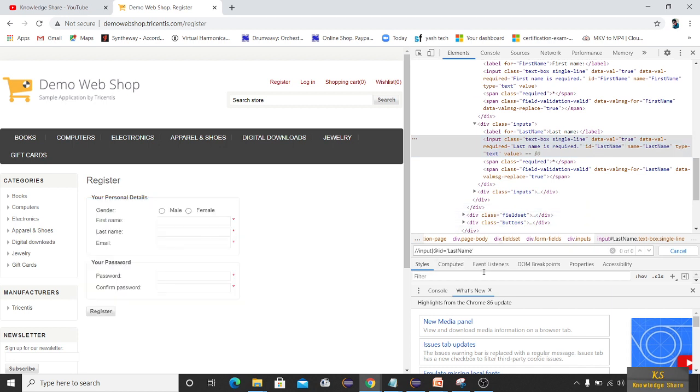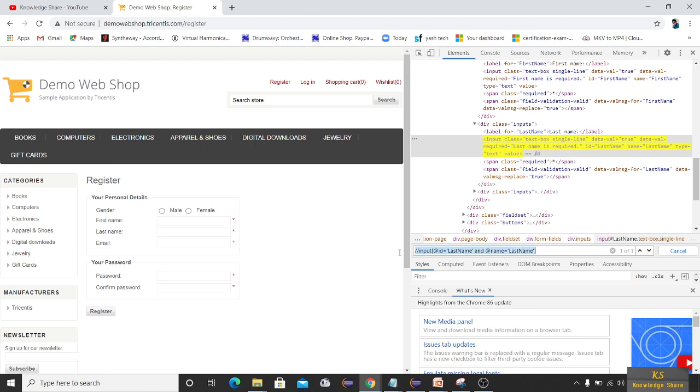For using the AND operator, you can use 'and' in small case, and I am also trying to use name for the safe side. So I will give @name equal to, selecting this last name from the name attribute, and close the square bracket. Now you can see you have a unique element identified. So if you use two attributes here, it is safe. That means you have a double check on your XPath, and it's not going to disturb. That's the main motive of using the AND operator.